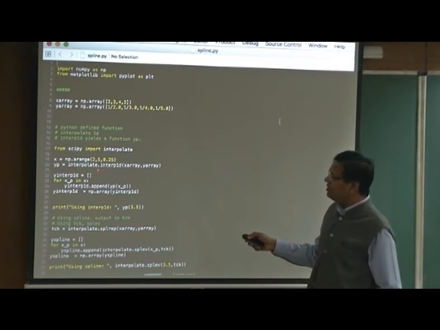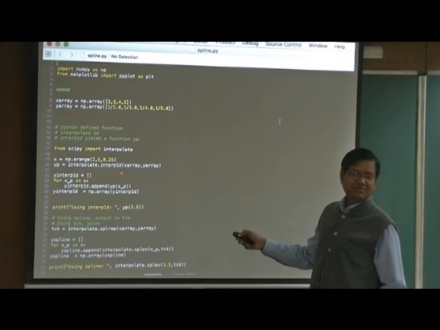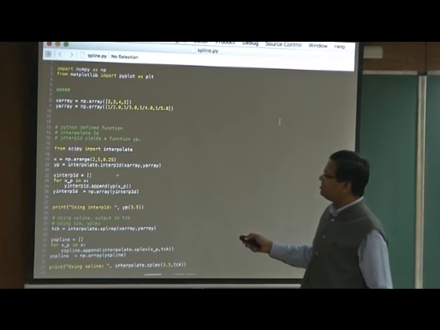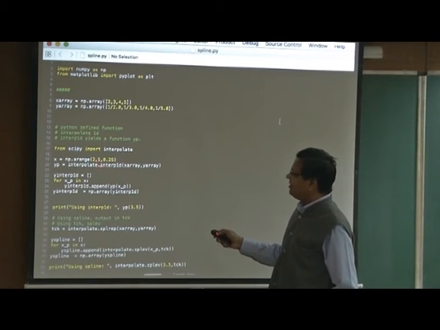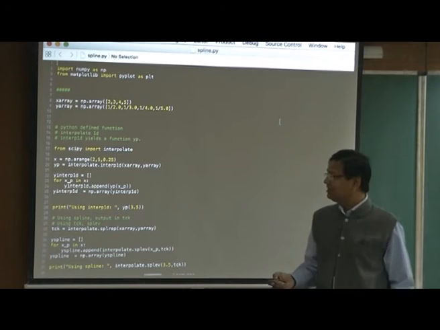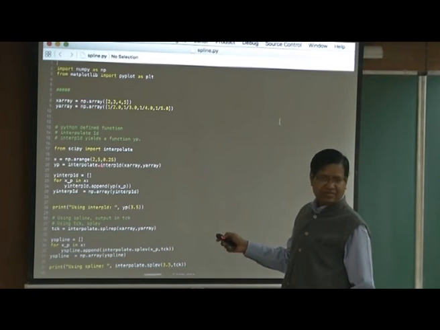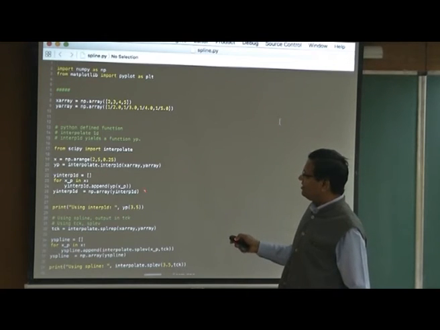So I have to say interpolate.interp1d. So this is a range, like the range function, but for real values. It starts from 2, goes up to 5 with an interval of 1. So this is 1/x.